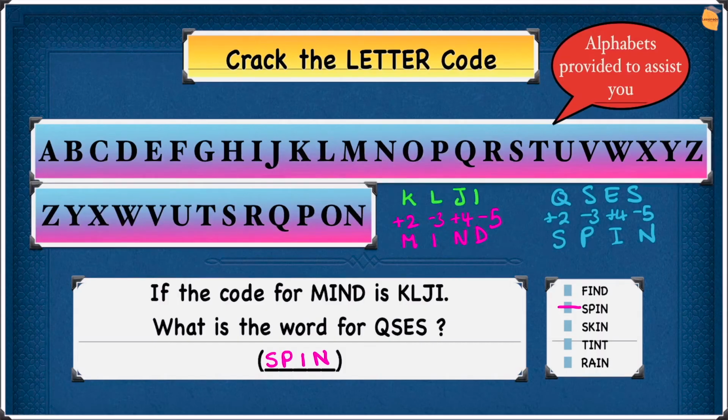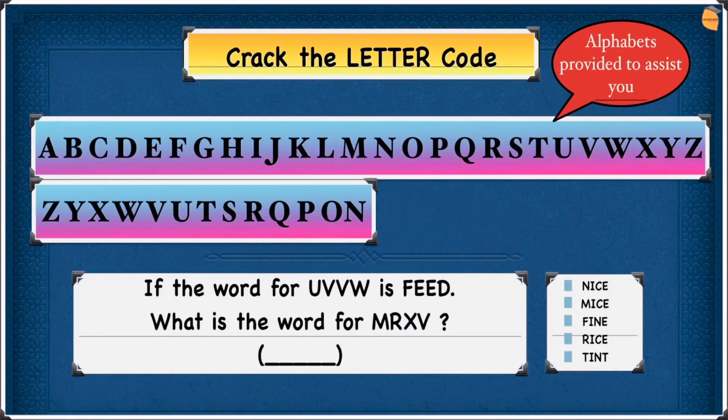Now let's go on to the next one. So now let's go on to this one. If the word for UVVW is feed, what is the word for MRXV? In this case, we are finding the word, so we have to write the code at the top. So let's write the code, UVVW, and let's write the word at the bottom. So the word is feed, so let's write feed,